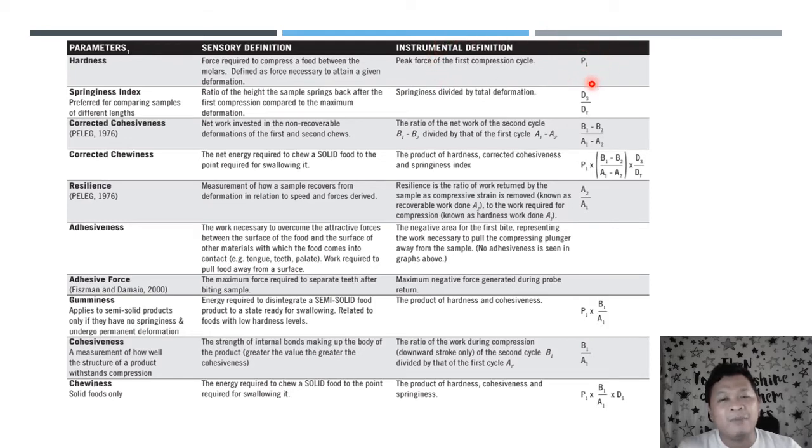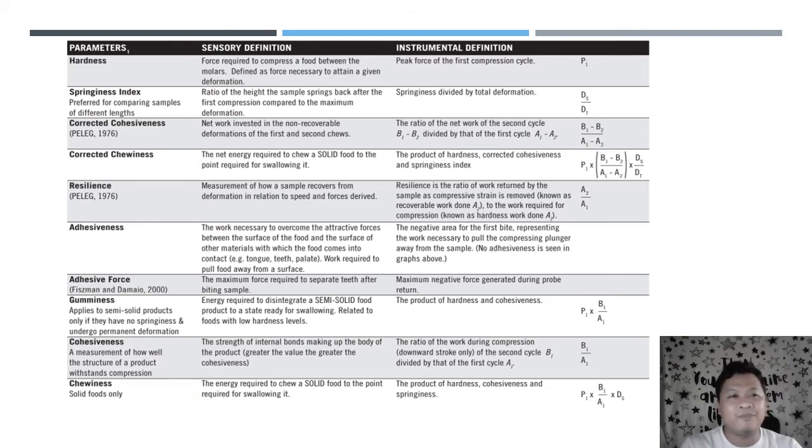Kumbaga, kapag may nilagay ka sa pagitan ng dalawang molars mo at unti-unti mo siyang kinagat, tataas yung measurable force na yon hanggang mag-fracture, mag-break, something happens to that thing in between your teeth, and then the force drops. Okay, the force required to continue operations. And so on. You can pause this and read all of those, or you can just wait for FS122 is